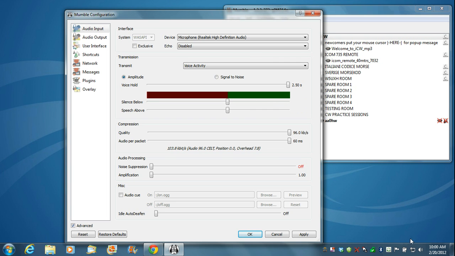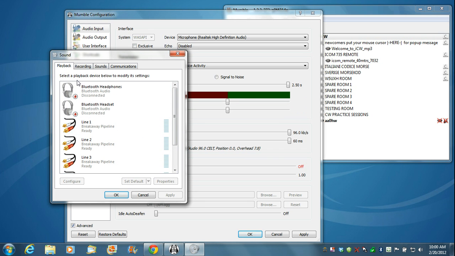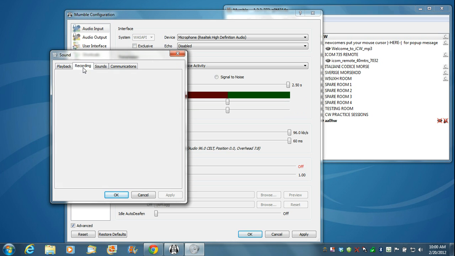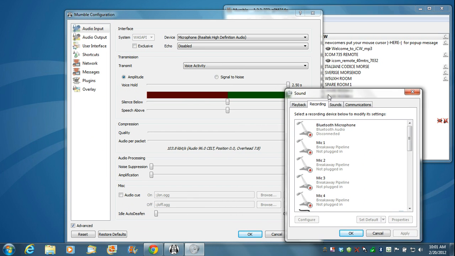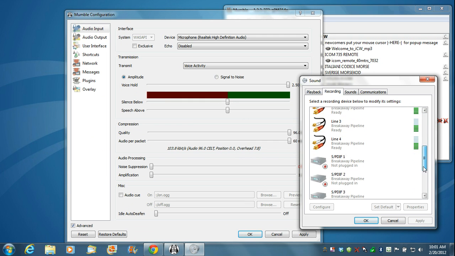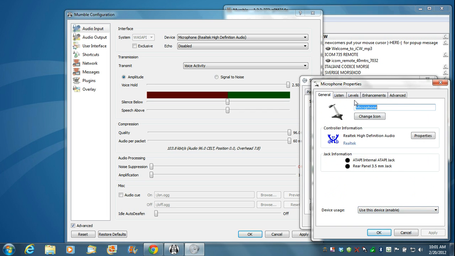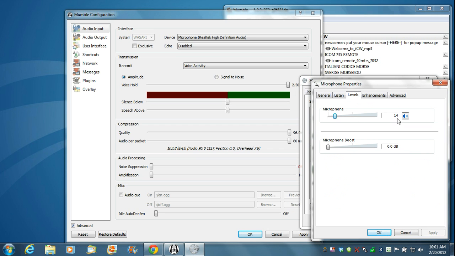Now to adjust this, go to your Windows speaker, and right-click and hit Playback Devices. Then we're going to hit Recording. I'm using my laptop and a mic in jack. And these are some of the more important settings to have if you get it right, otherwise you're going to distort. So click Microphone, Properties, and Levels. So this is where my level is. As you see, if I take it all the way left, it doesn't get anything. So we'll go back up to 10. That's not too bad. But if we take it too far,